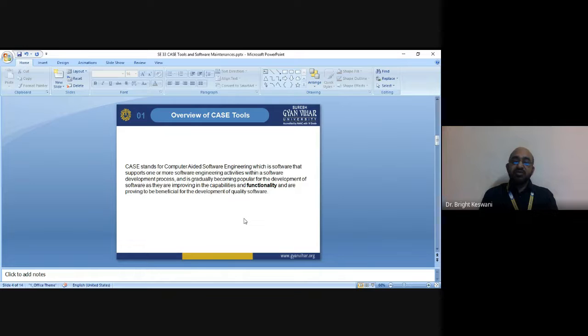CASE tools provide automation and reduce the time to complete many tasks, especially those involving diagramming and associated specifications. So when you are going to design your system, or analyze the system, the software, the requirements, and the problem itself, in all these fields CASE tools will help you a lot.